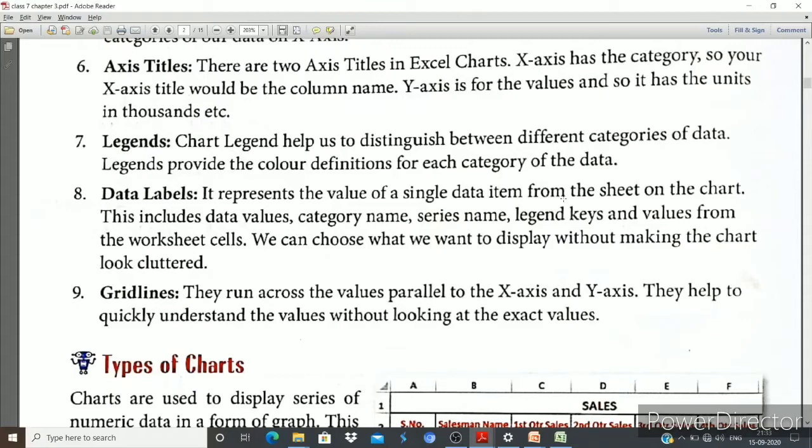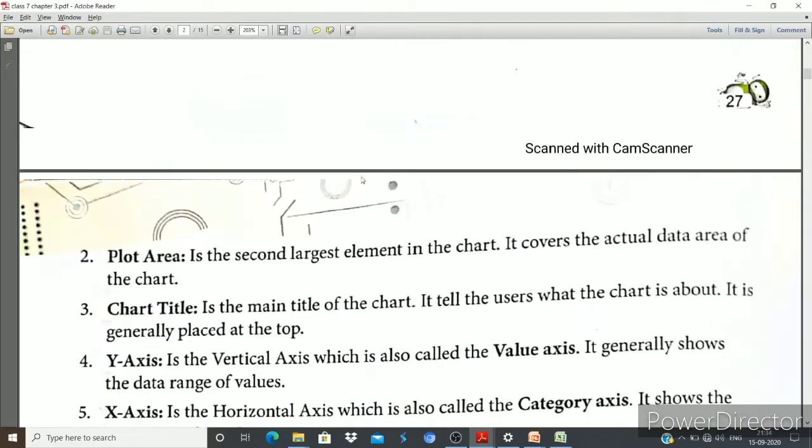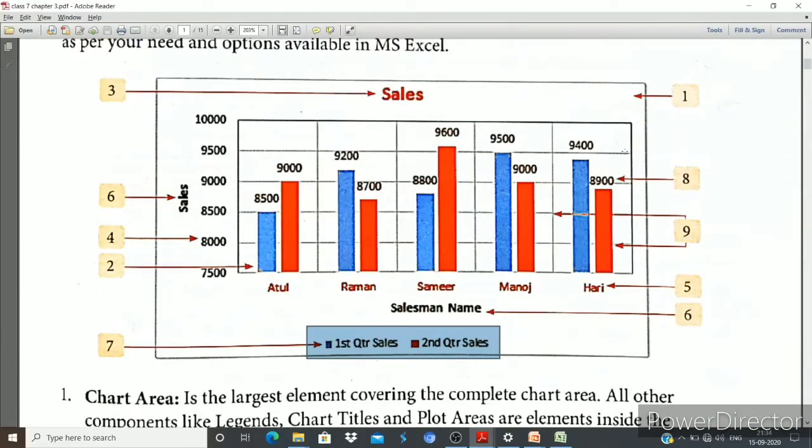Now the ninth one is grid line. They run across the value, parallel to the x-axis and the y-axis. They help to quickly understand the value without looking at the exact value. You can see the grid line here, ninth number.